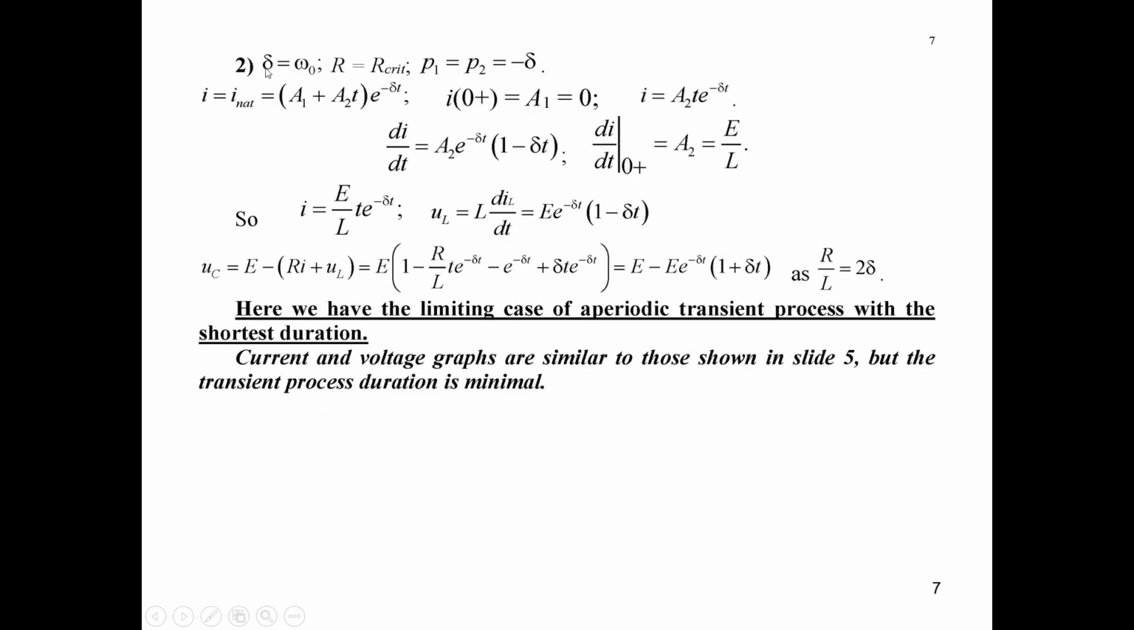So when delta equals omega 0, we have i natural, because i forced equal to 0, equal to A1 integration constant plus A2 multiplied by t, and all this multiplied by e to the minus delta t. Why is it so? Because we have two equal roots of the characteristic equation, and therefore the solution will consist of two almost equal items, and the second item should be multiplied